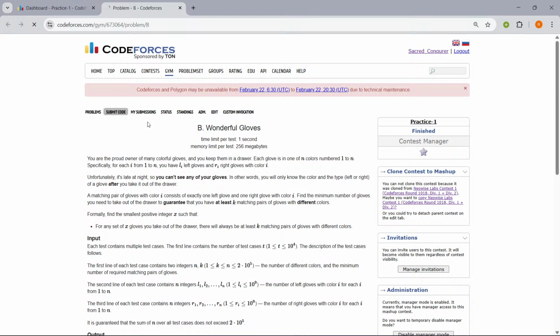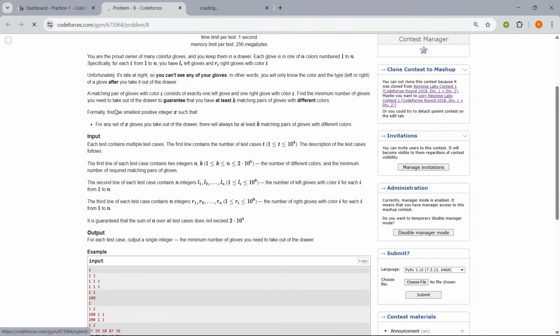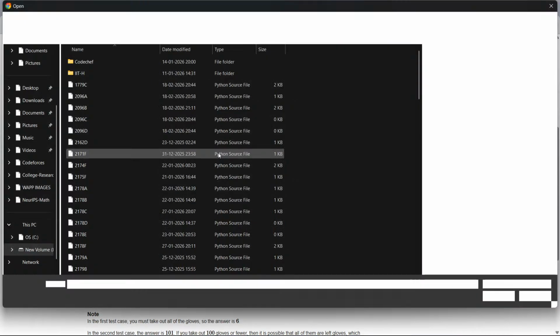Something is not right. I'll click from here itself.